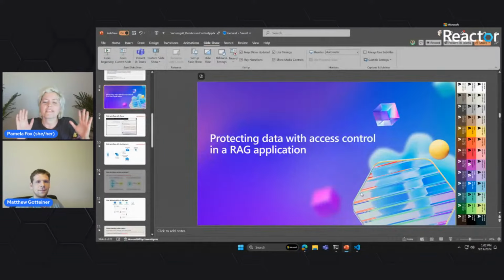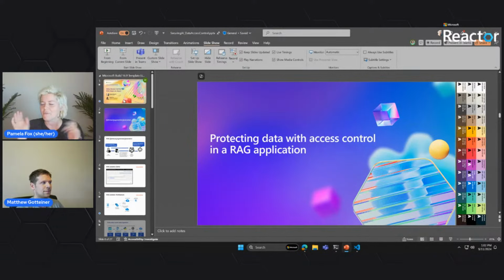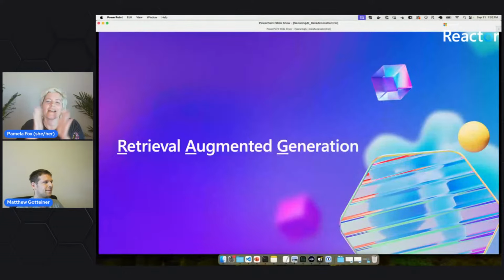All right, sweet. So I'm really excited for this topic. It is a topic that we've talked about before, but it's always a really interesting topic, and it's something that's really helpful for people. So let's get into it. Switching over to the slides. We'll start with a very brief review of RAG.